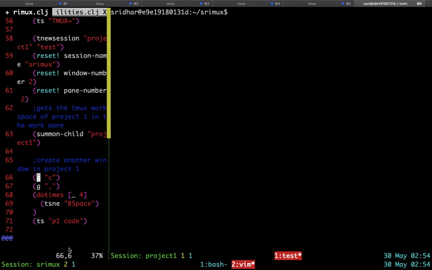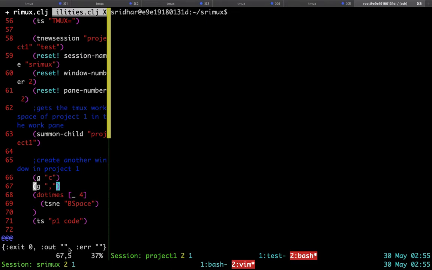Now let's go to this command. This next will demonstrate how to create a window inside the just summoned project. For this we need to send the meta keystroke G followed by a C. This is a meta command because the recipient process that receives this is the tmux that is nested as project 1. The result will be a new window gets added to project 1. Let's see whether that happens. Yes, a new window got added, and immediately that window also got highlighted in red, all inside the nested tmux.